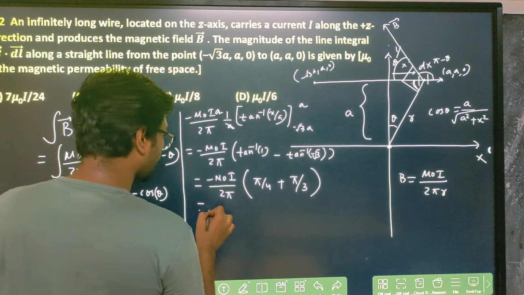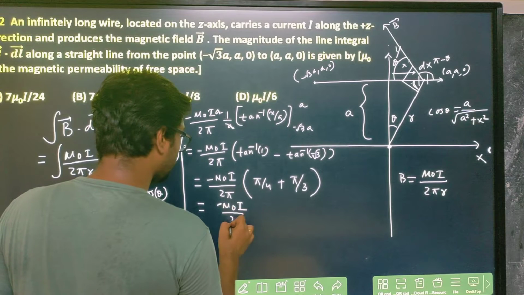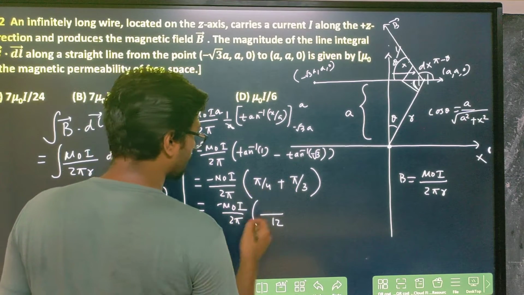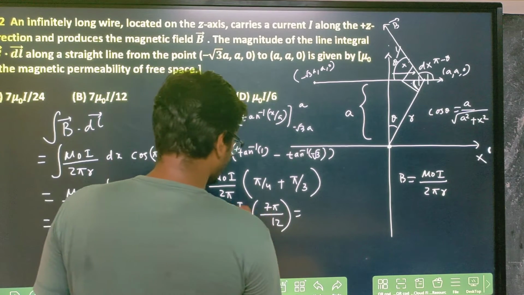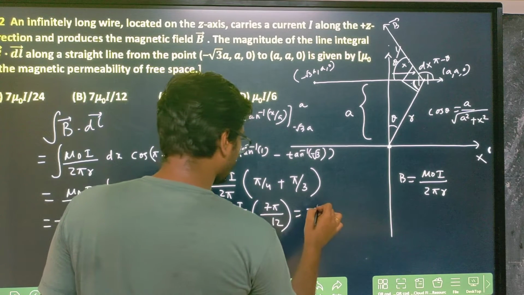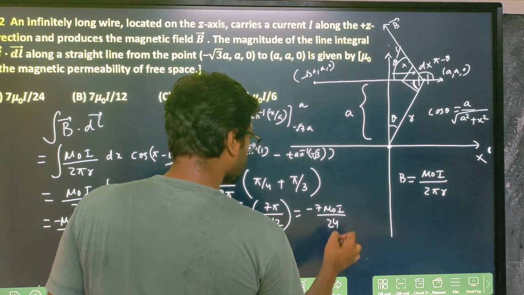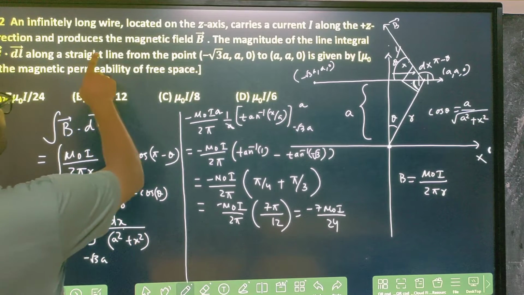Okay, so obviously this will be minus mu naught I divided by 2 pi, and this will be 12, 3 plus 4, right? 7 pi. So you multiply here, pi gets canceled out, it will be 24 minus 7 mu naught I divided by 24. So this should be your answer, but they are asking that